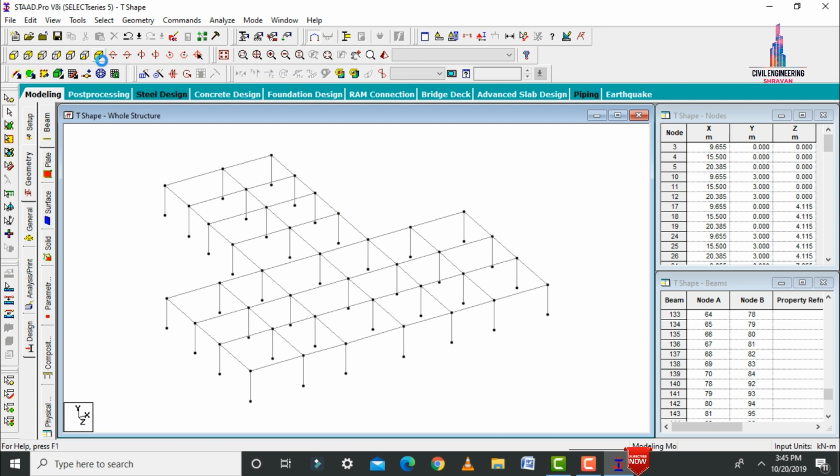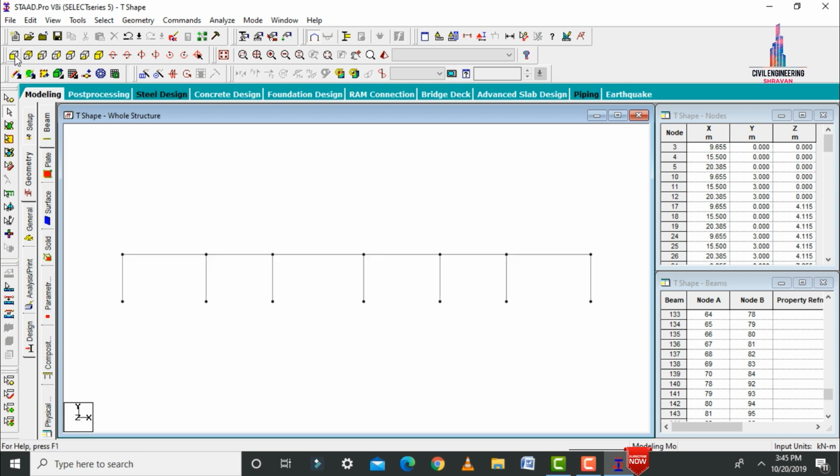Now the model is designed like this. Now we have to copy the beam sections to the first story. Okay, first floor. For that, initially we need to keep the structure in front of you. So this is the level which is below the plinth, for the respective ground story.